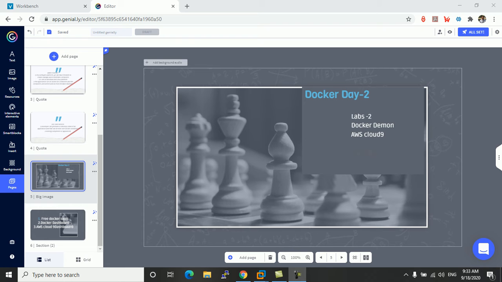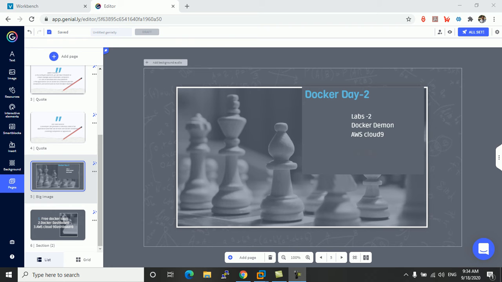So, in Docker Day 1, we learned about the Docker daemon, Docker CLI, and Docker image registry. Those are the main three features in Docker. Also, I need to tell you what exactly Docker is bringing that is new. The new thing in Docker is that it helps you do containerization of any images.